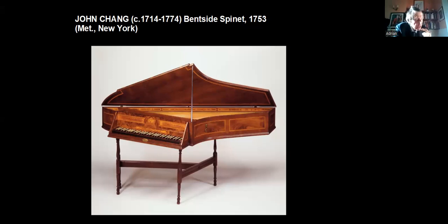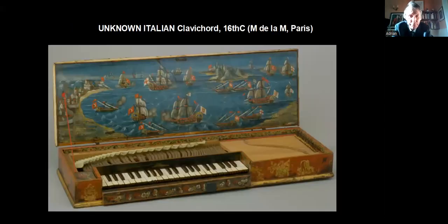Here we have one of the later makers, John Chang. Again, it's in the Met, but Thomas Hitchcock, London maker, was well known for them as well. John Harrison, Thomas Haxby, so there are quite a few makers of the time. I said to concentrate mainly on the harpsichord, so we're abbreviating the later instruments,